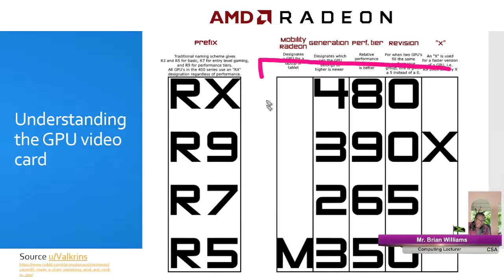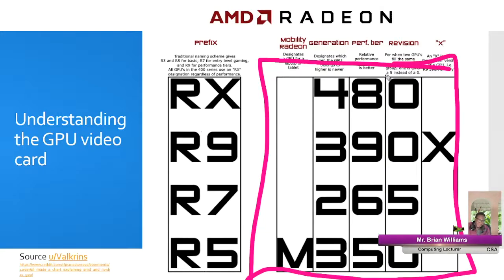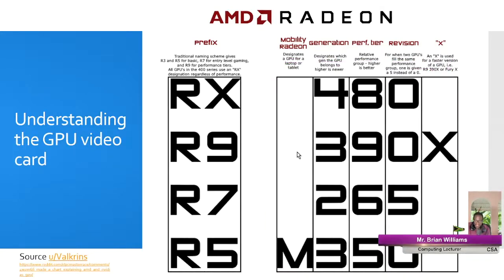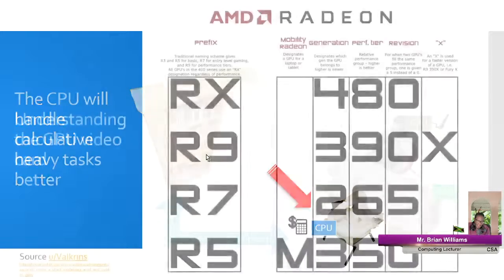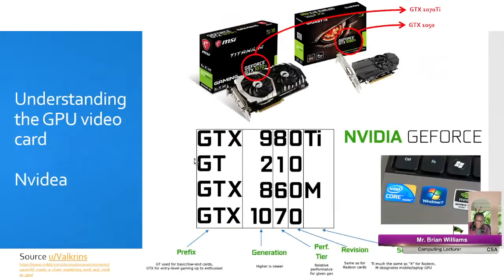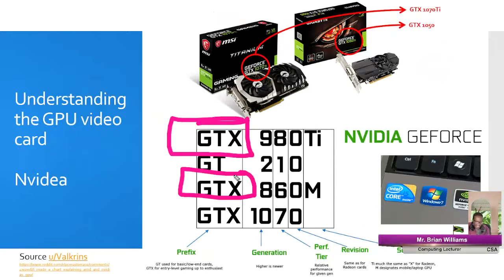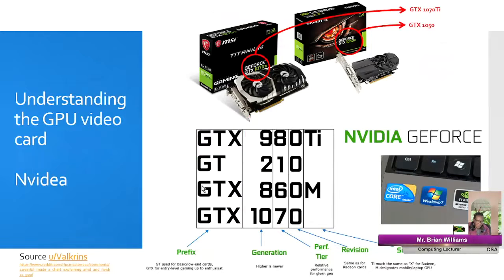Now, these digits down here are kind of similar to how NVIDIA does their thing, right? The first one, which is here, tells you the generation. So 4th generation, 3rd generation, 2nd, and so forth. And each of these kind of does the same thing as NVIDIA. But NVIDIA doesn't put a number in their series. They just, you know, ABC, GTX, RTX, they just kind of throw it out there. Whereas